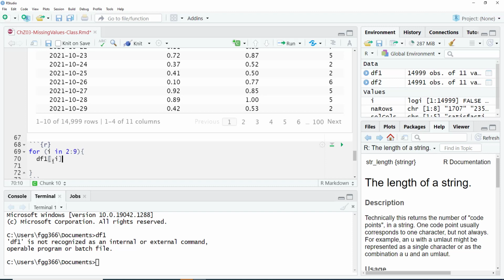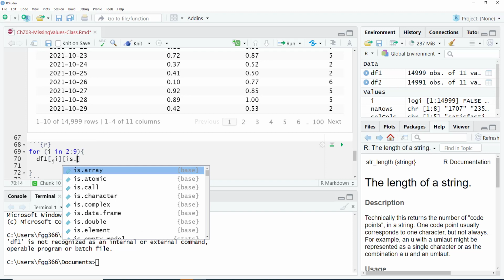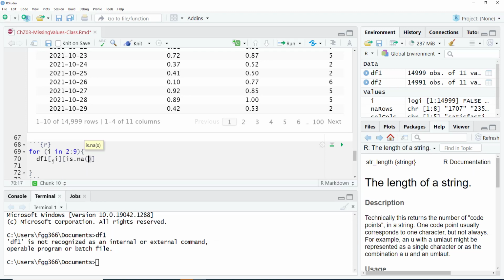Column i is going to be the second column first, then the third column, and then the fourth column. As it goes through the loop, in each iteration, the value of i is going to change from 2 through 9. So that's going to go through each and every one of those numerical columns, and we're going to look at each row in that column. Now we're going to put a condition there, which is is.na, and we check the same column.